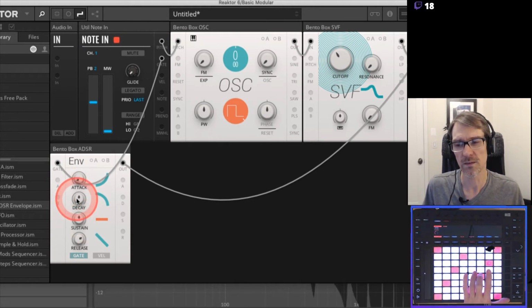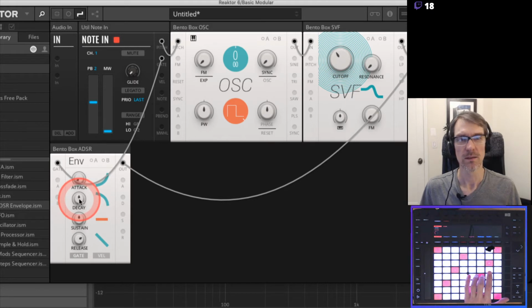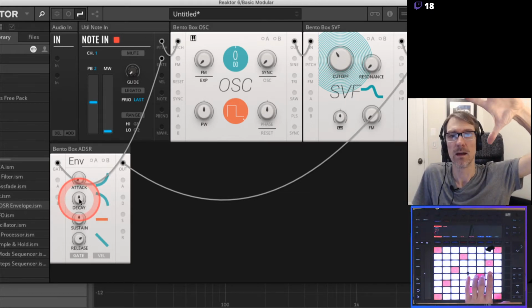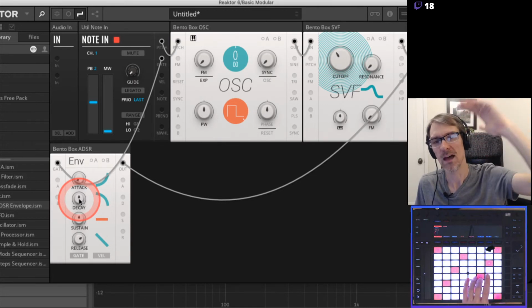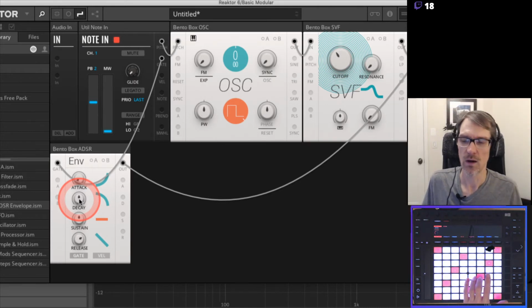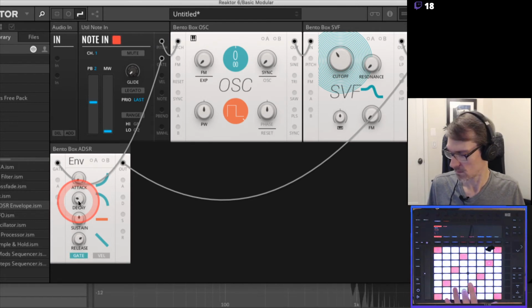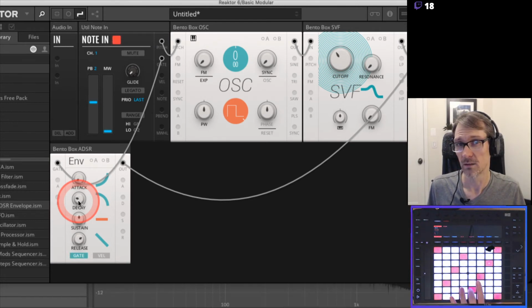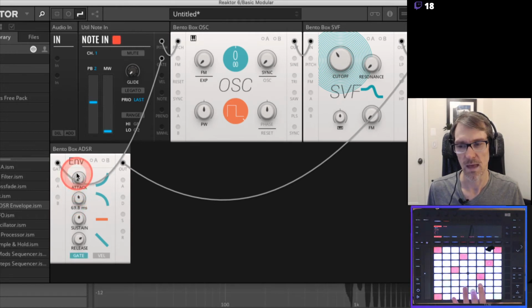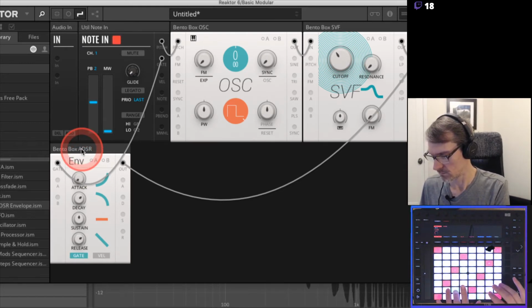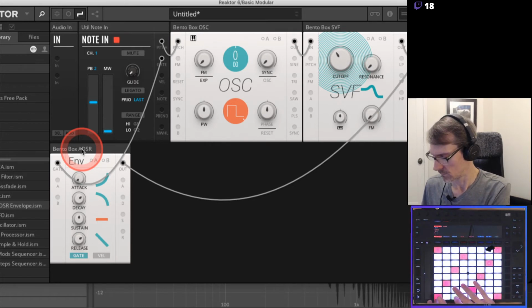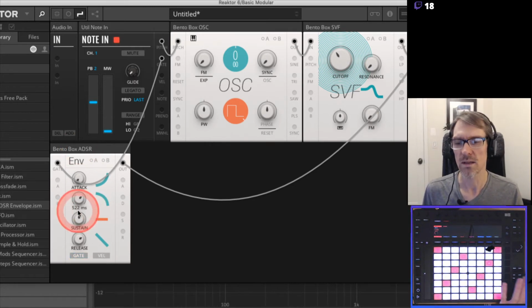Now you hear that little point that's on there? That comes from my decay. What's happening is the sound gets loud in the beginning, and then the decay says how quickly it's going to go from that loud part to my sustain level. So if I want it to be quicker, I can turn my decay down. Do you notice that? There's like a little point on the beginning. Right? If I turn this up, that point becomes longer. Right? So if I wanted to get rid of that entirely, let's make